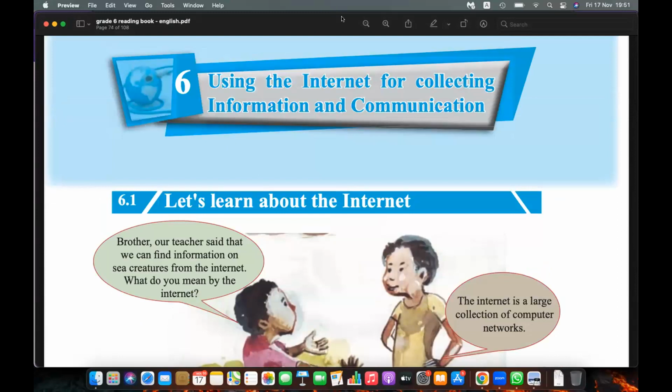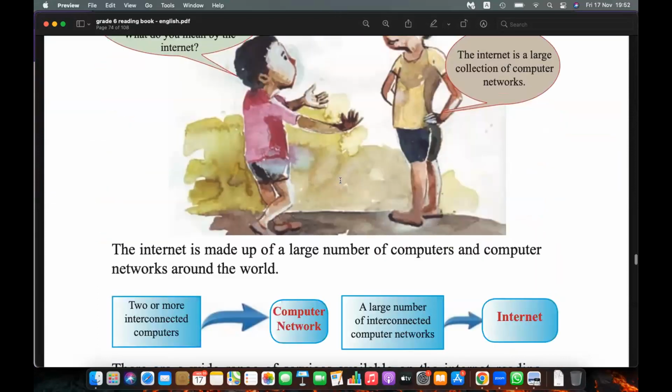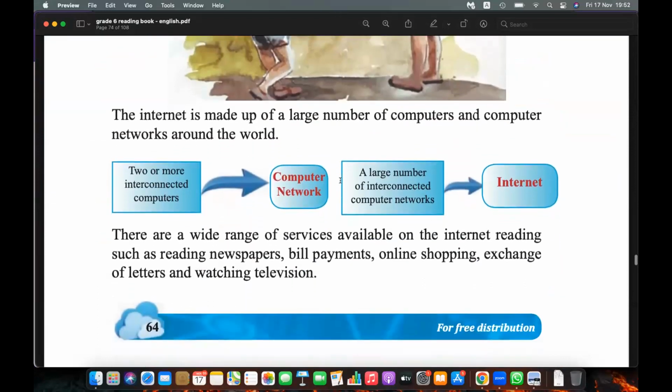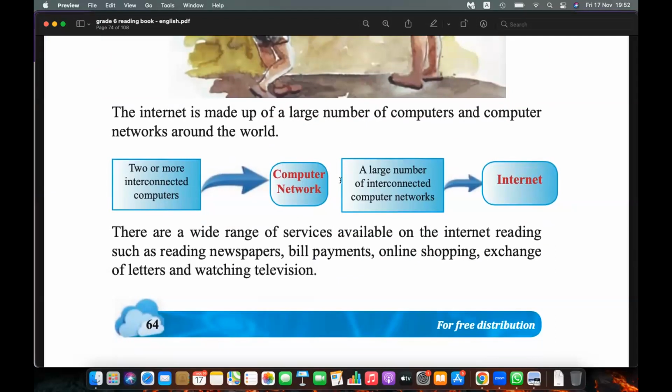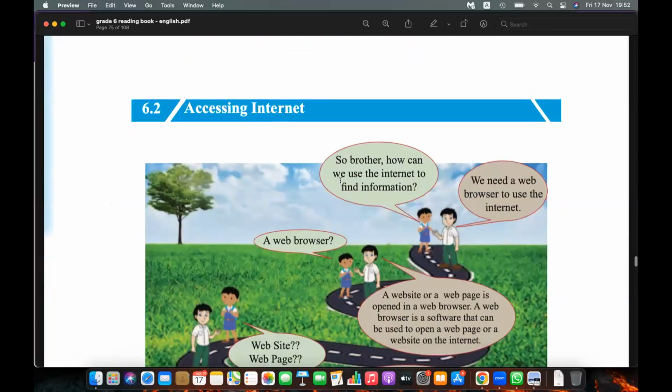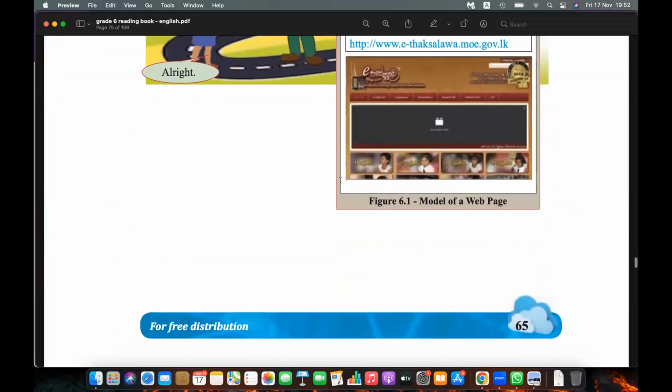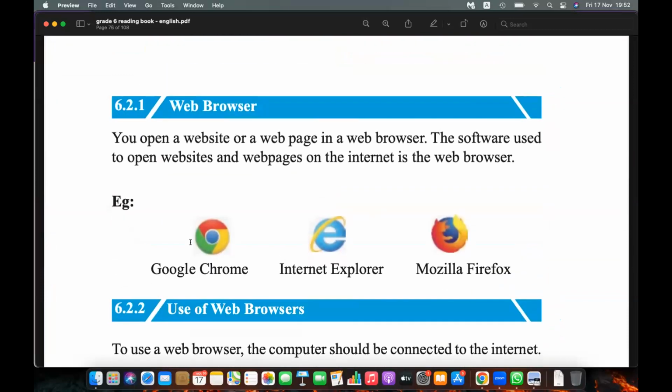We have learned about the internet, and under that lesson, we learned how to access the internet, what the internet is, and what the services of the internet are. We have learned that part. And then in the next part, we learned what kind of services like web we can access through